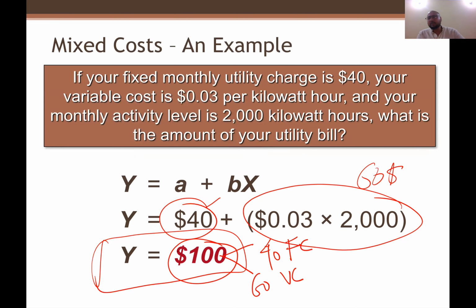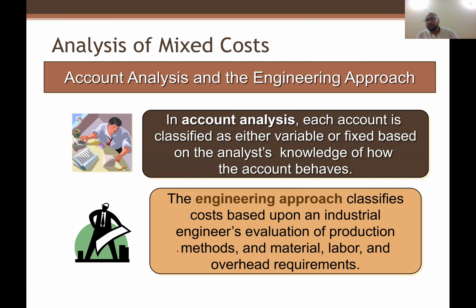So they don't bother to consider mixed costs. They always calculate either fixed or variable. That's why in economics, accounting, and finance, we always talk about variable and fixed costs, because mixed costs are not a concern with respect to managerial decision making. That's it, right? But the engineering approach is different because they classify cost based on industrial engineering evaluation of production